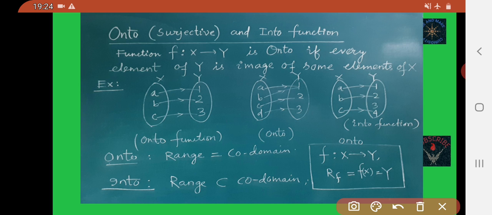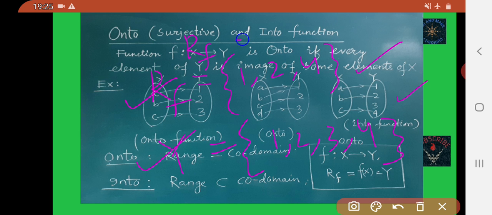Okay friends, in other words, range of this function contains 1, 2 and 4, and codomain contains 1, 2, 3, 4. Okay, and they are not equal.